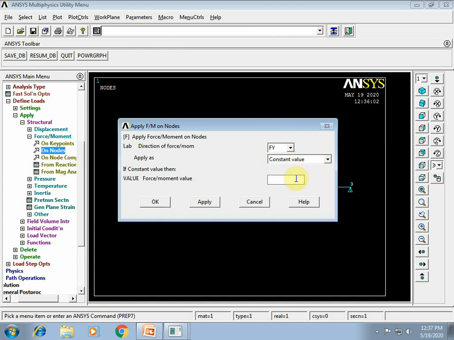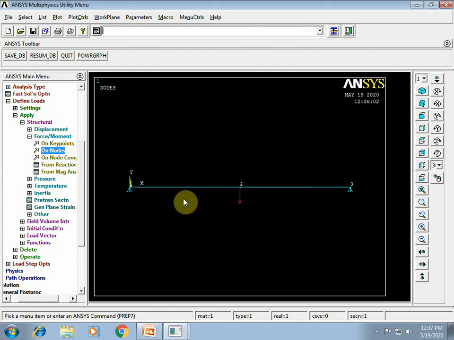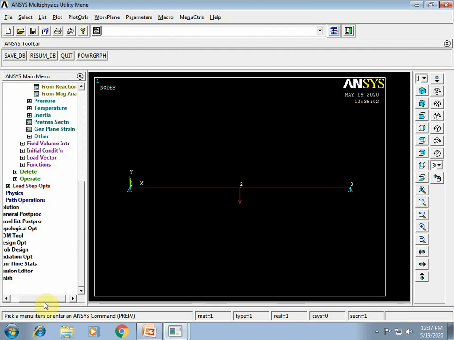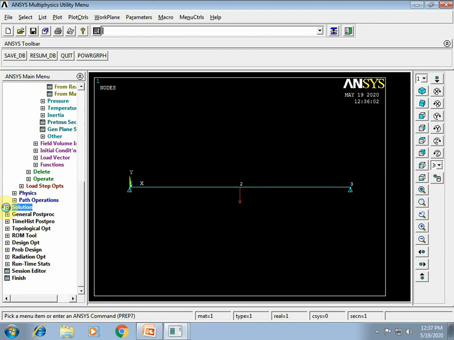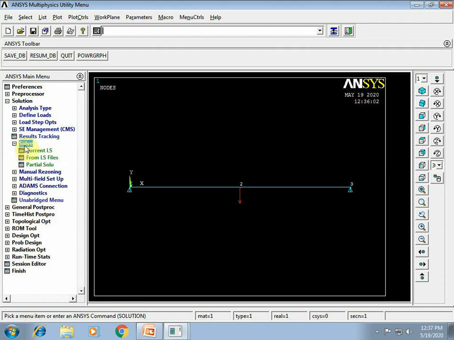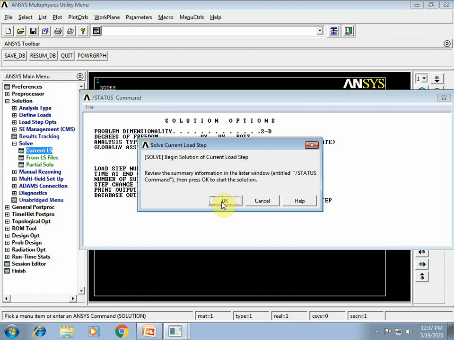If the force is acting downwards, you need to consider it negative value, that is minus 20,000. If it is acting upwards, you need to put positive value. So it is acting downwards. Now all the boundary conditions are given. Now I'll go to the option solution and select solve and click on current LS, that is current load step. Say OK.